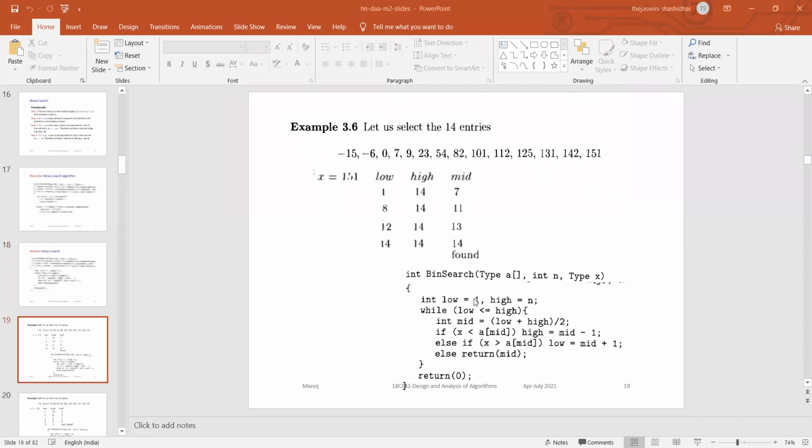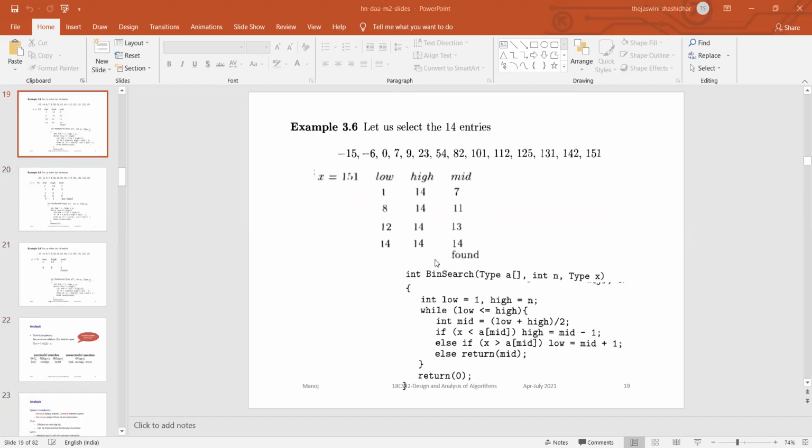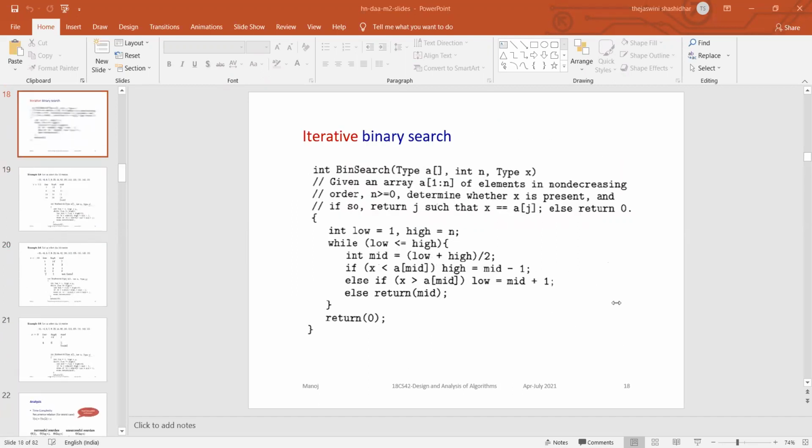So tomorrow we go with examples. Okay. So what are all the things you do? All the examples we shall see in tomorrow's class. So have you understood?